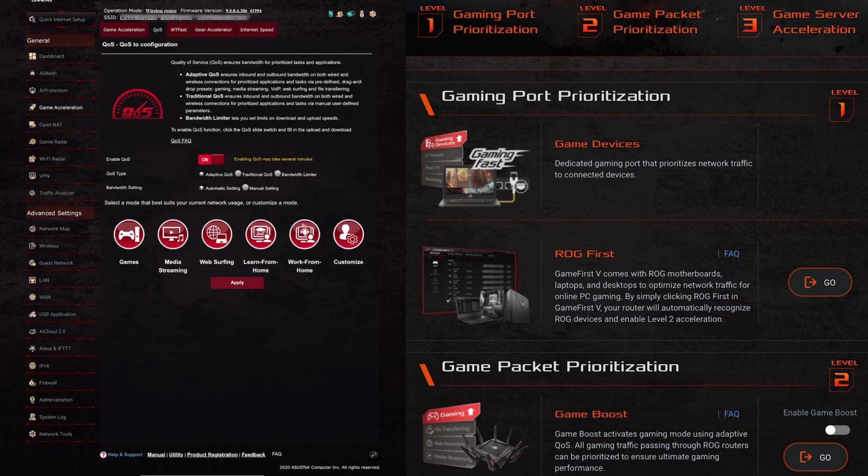Again, we've got the options down here to customize it. So we've got games, media streaming, web surfing, learning from home, that's a new one, and working from home, because more people now are doing that. And then customize, where you can choose your own settings. But for this one, we're going to be using the Asus default for gaming. And as you see here, it prioritizes to optimize online gaming process bandwidth. So again, it's going around there, same for certain games, Xbox, and things like that, to help make a better game experience. So once you've selected that one, we can click apply,